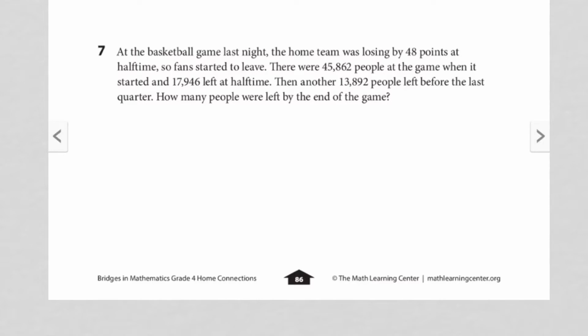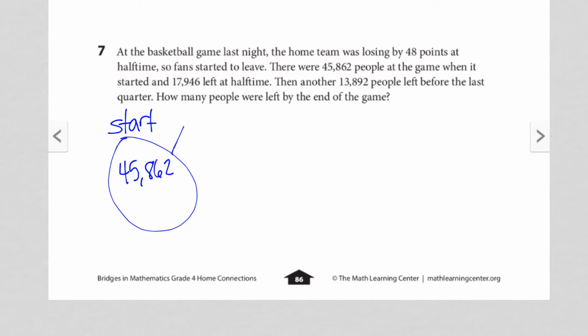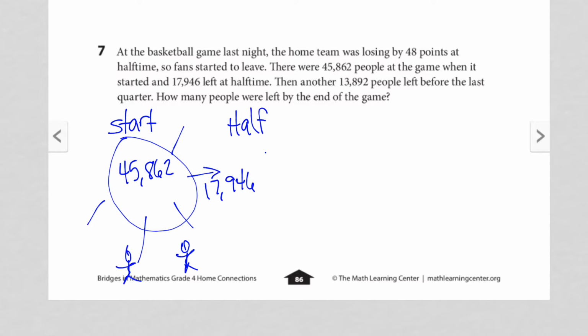So this problem is a little bit different, and I'm going to draw a picture to visualize it. So here's my starting 45,862. Then I had lots of people leave, right? All these little people, they're leaving the game. So by the time halftime is going on, there are a total of 17,946 that have walked away. They've gone. So we need to figure out how many people were left at halftime. And then we need to figure out, it says, from this pot, 13,892